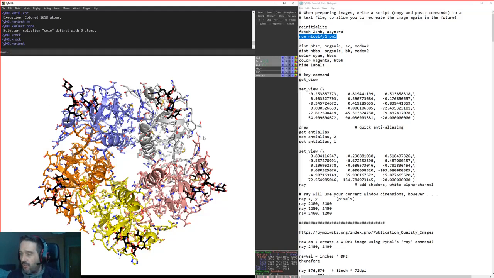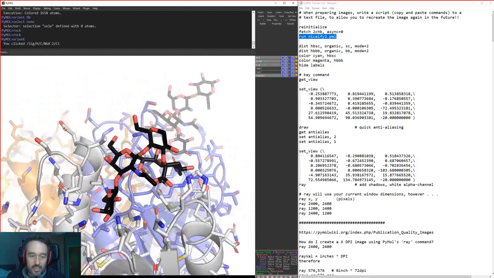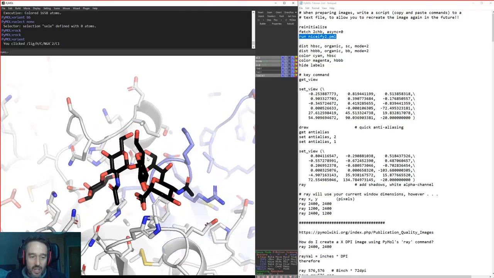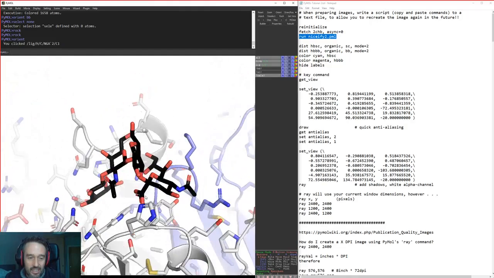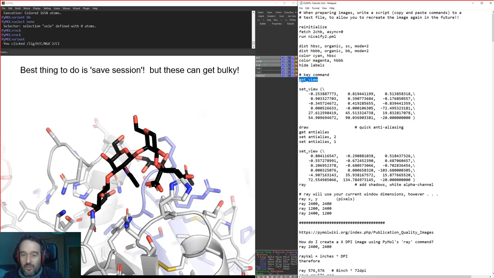It's kind of useful as an overview, but maybe you want to be looking at a nice specific interaction, for example this ligand over here, and you've spent some time and effort in deciding exactly how you want to position the camera. Then you go away, you make your image, and someone comes back to you and says, actually I think this should be this color, and maybe we want to be doing something very slightly different, and you need to come back and replicate that same image. That can be a little bit difficult.